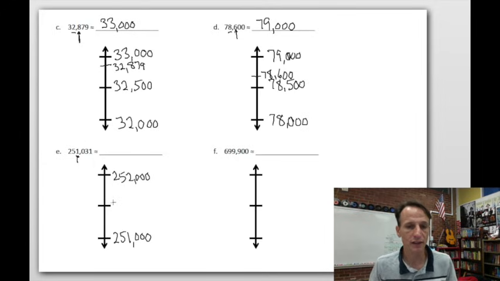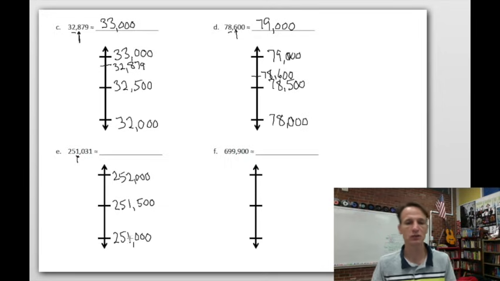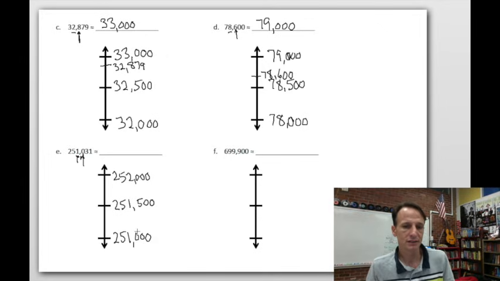So it doesn't matter that the numbers are getting bigger. It's still half a thousand is 500. So it's 251,500 is our midpoint. If you look at it, that makes sense. 251, 251 and a half, 252, it makes sense. So now to place our number here, we look over in the hundreds place and we see a 0. And so now we know this is just barely over our